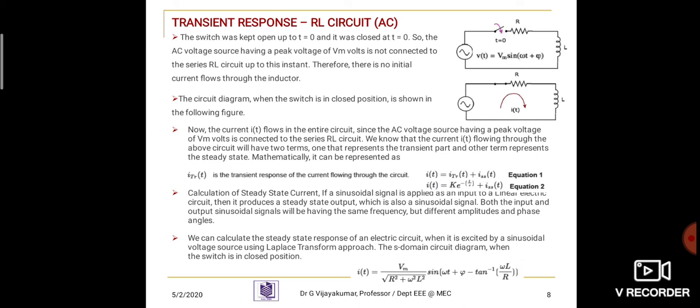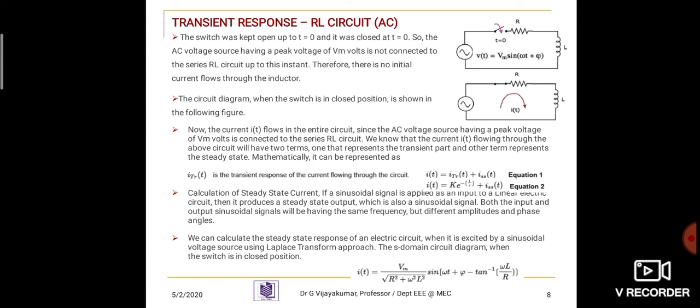Then it produces a steady state output. So, calculating the steady state current, which is also a sinusoidal signal, both the input and output signals will have the same frequency but different amplitude and phase angles. Then we can calculate the steady state response of an electric circuit when it is excited by a sinusoidal voltage using